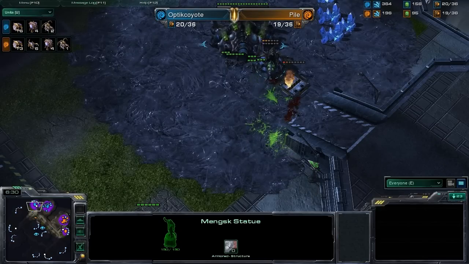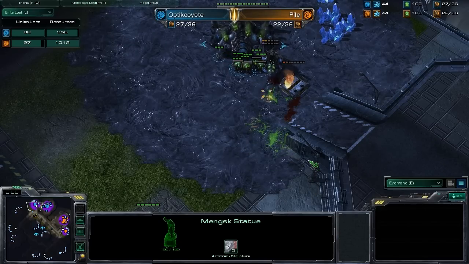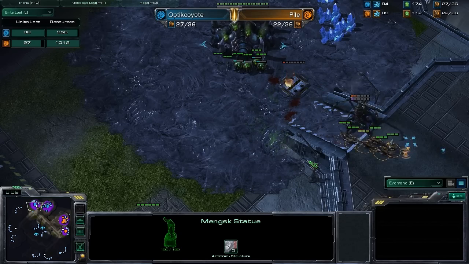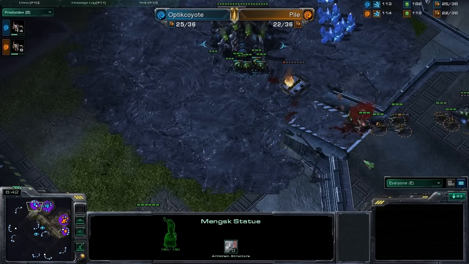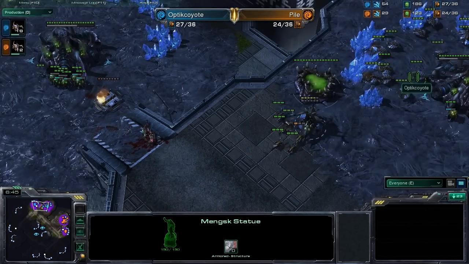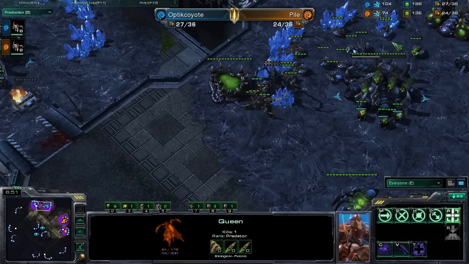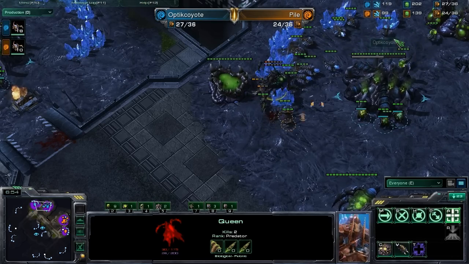Oh! Wow. Let's check units lost on that. Pyle is still behind after that. Wow. Part of that's because of the Overlord, but, I mean, my goodness. True, but it is 26 units killed for Optic and 27 for Pyle, so it's fairly even army-wise. Yeah. But